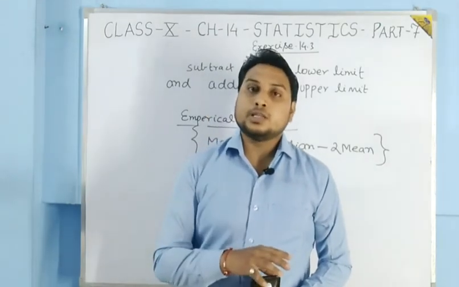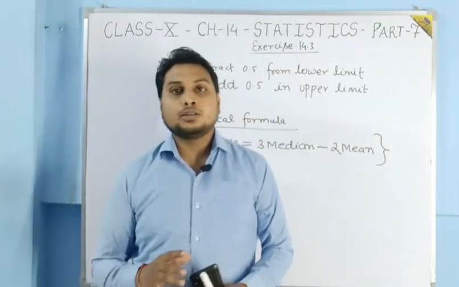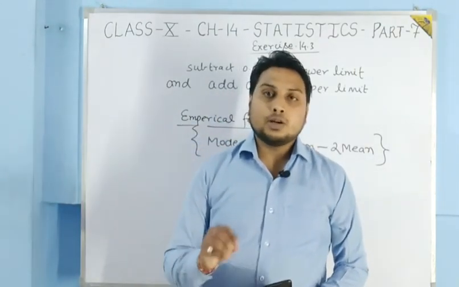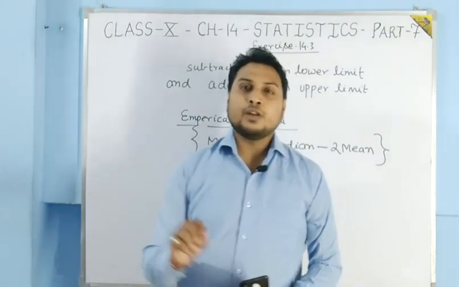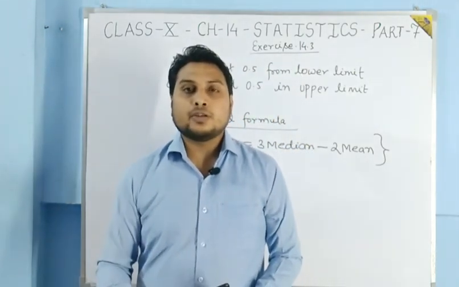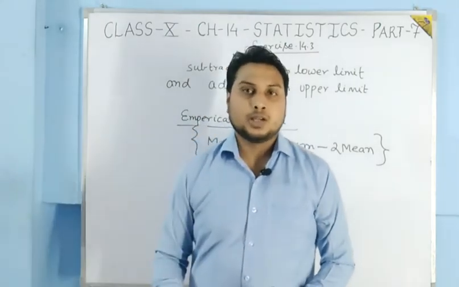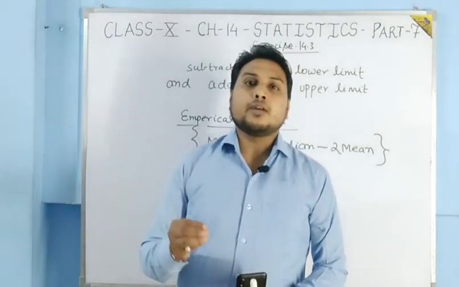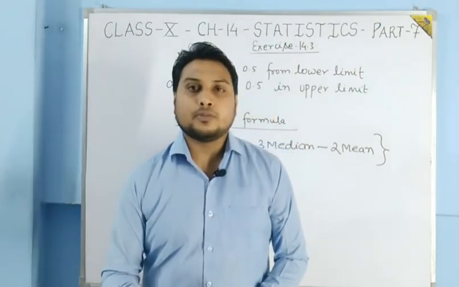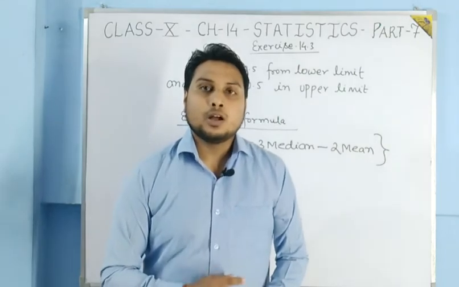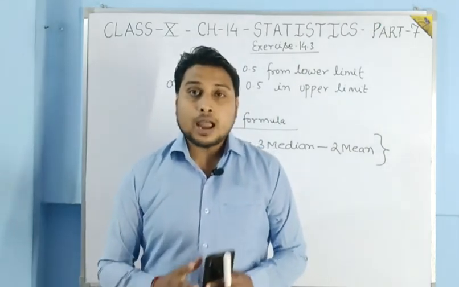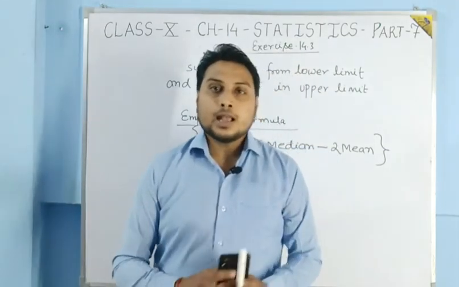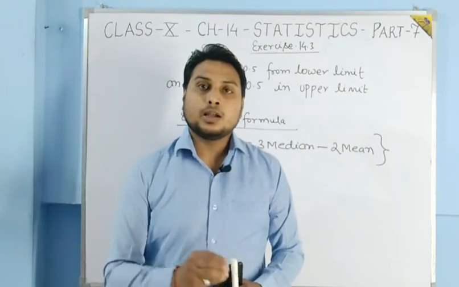Okay, with the reference. Suppose you have learned the formula of mode. The formula of mode is what? Mode is equal to L plus (F1 minus F0) in the numerator, over (2F1 minus F0 minus F2) in the denominator, into H. You have learned this formula. But students, if you do not know what F0, F1 and F2 are, how will you apply this formula, how will you solve the question? So you have to remember the formula with the reference of the variables, that what variable contains what.